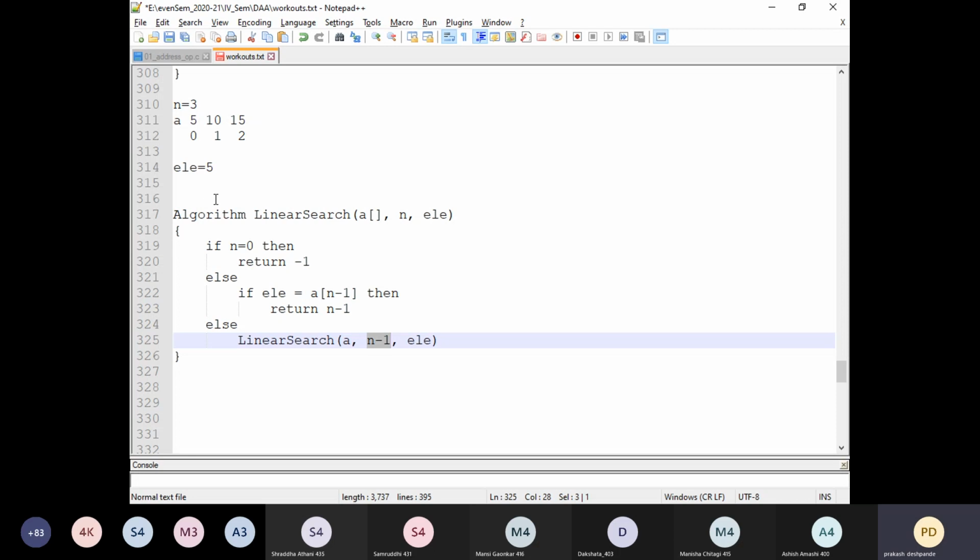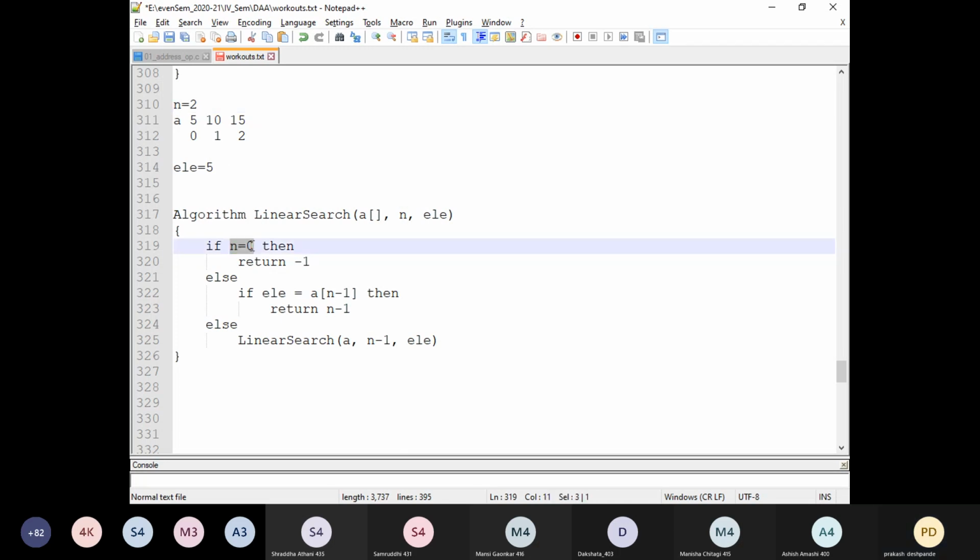So the second time when the linear search is called, the n will become 2 here. Again the linear search procedure is called. This time a is this itself, but n is 2. That means there are only 2 numbers. I am going to look between only 2 numbers.